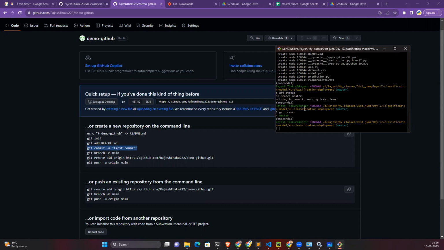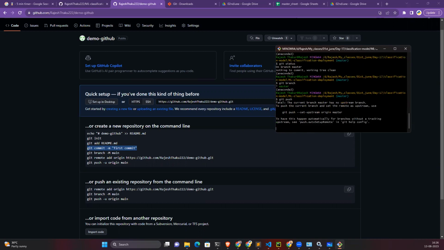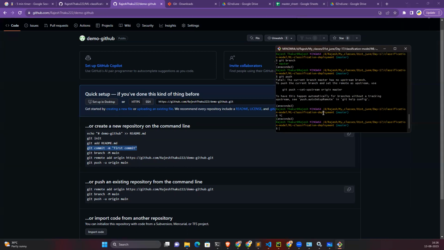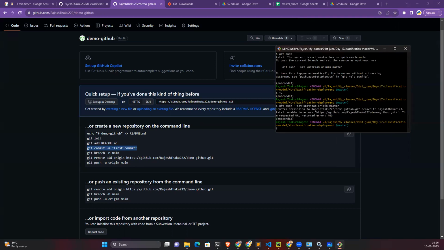What is that branch? Your branch is the master branch. So right now you are pushing all the things inside the master branch, right? So let's do it first in the master branch, then only we will see the child branch. So write this command, git push, and hit enter. It says this command has to be executed first. So let me push now: git push --set-upstream, run this command first. Paste it here too and it will get pushed.